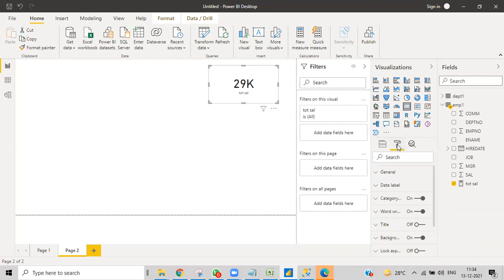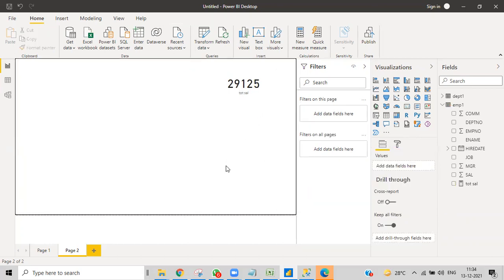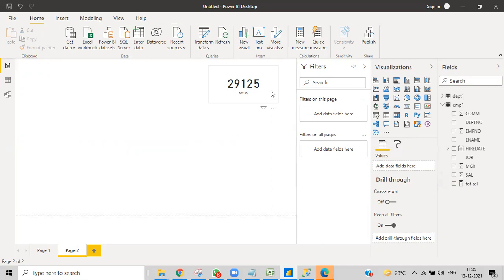As I told earlier, we can set the display units to none so that we can see the complete number. So the total salary is shown here. In this way, if you want to show any number, name, or value in a bigger way, you can show it in this format.